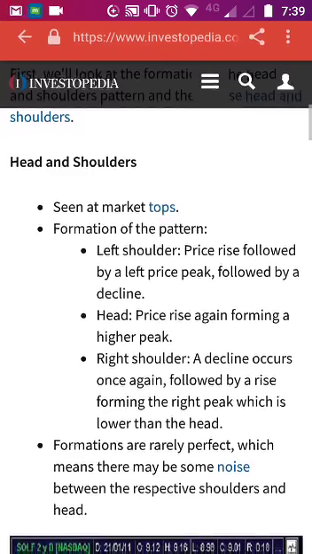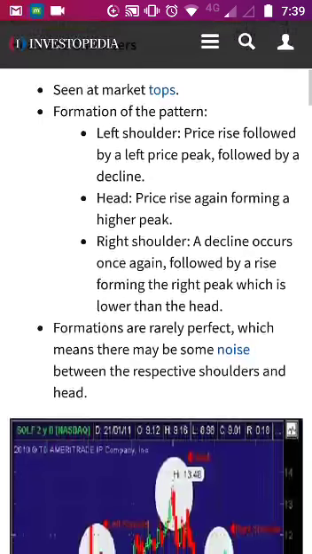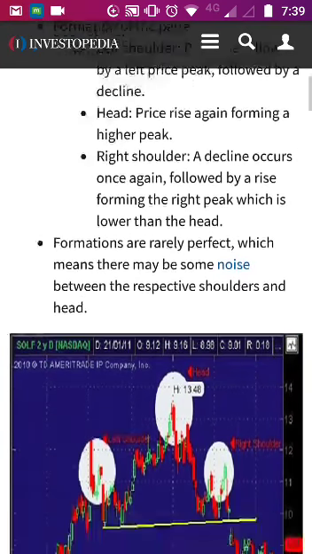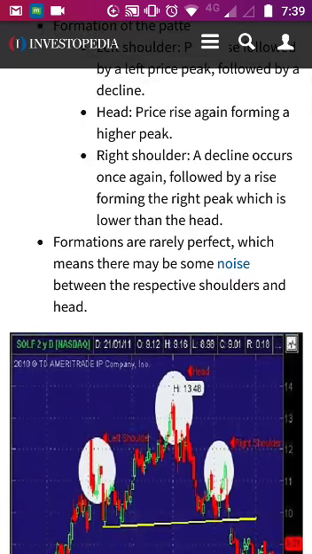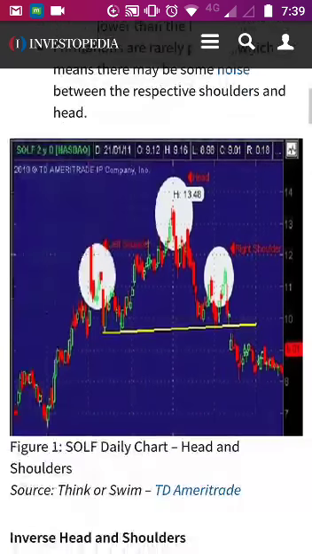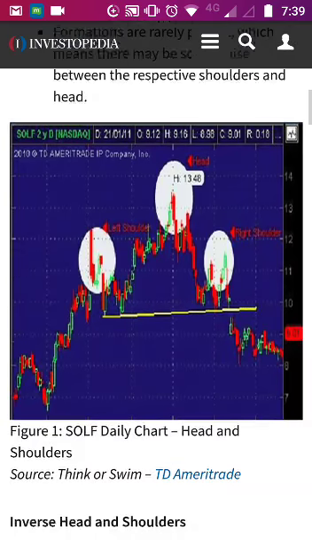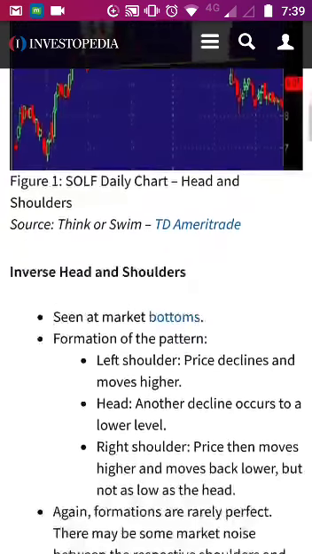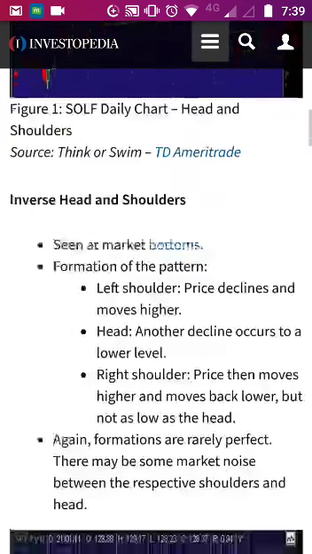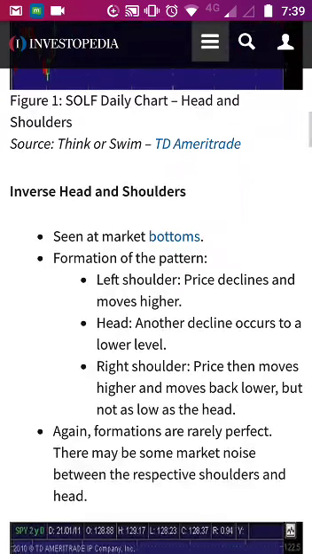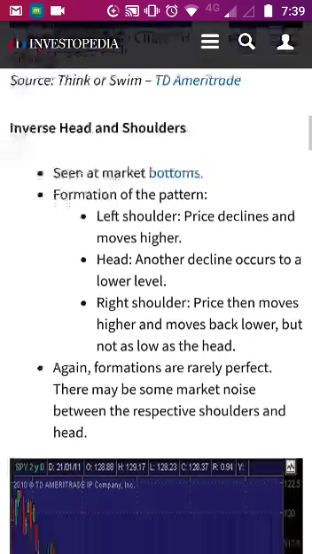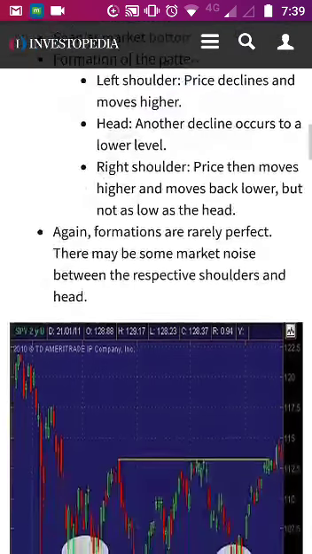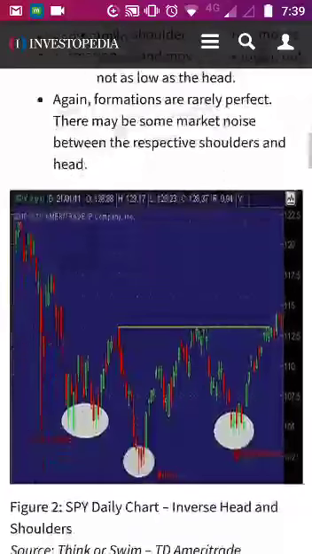The formation of the pattern is: the left shoulder is a price rise followed by a left price peak, followed by a decline. Now the head is a price rise again, forming a higher peak. Now the right shoulder shows a decline once again, followed by a rise forming the right peak, which is lower than the head. So it might sound confusing. This is exactly how a typical head and shoulders looks on the daily chart. On the left-hand side is the left shoulder, on the right-hand side is the right shoulder, and then